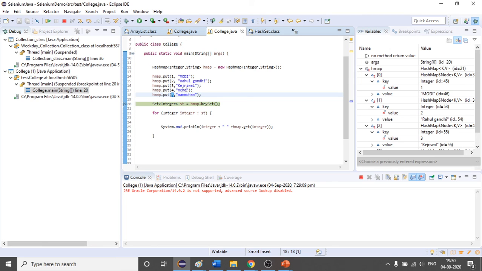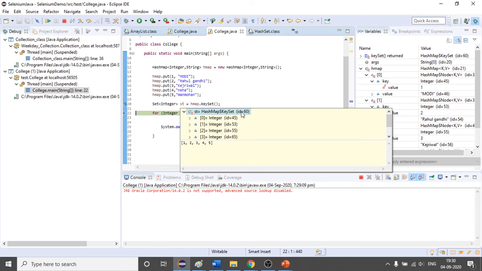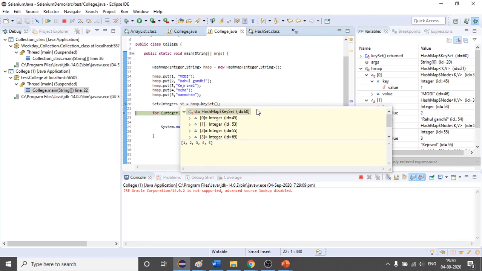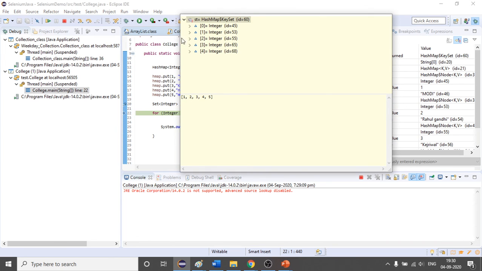So what will happen if I execute this? As of now you can see it does not have any value, but as soon as I execute it, you can see it contains all the keys. See, 1 is the key, 2nd is the key, 3rd is the key, 4 is the key, 5 is the key.